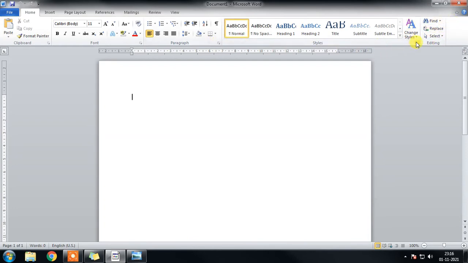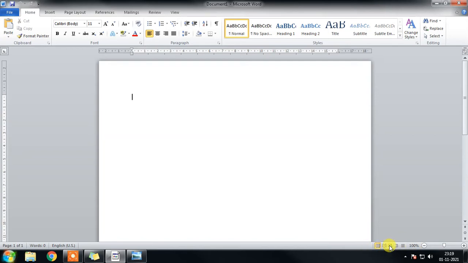And at the bottom we see a long strip that is called status bar. And in the status bar we have mainly three sections. To the left of the status bar we have this section which is called document information. And to the right of the status bar there are two sections. This section is called view buttons, and next to the view buttons we have this section. This is called zoom control or zoom tools. So here we have document information, view buttons and zoom control.